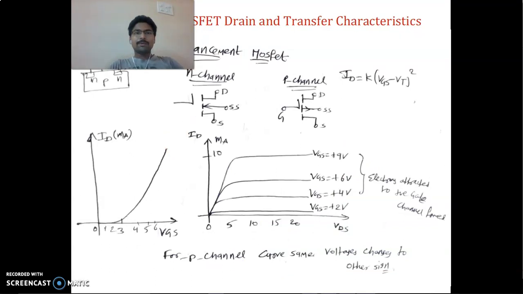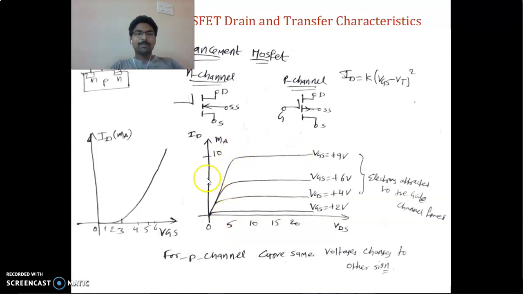Now depletion mode, enhancement mode. This is the enhancement mode. Drain and transfer characteristics. Enhancement mode means there is no channel. That's why you have even seen the symbol is broken. No channel is there initially. Now we have to form the channel by applying a positive VGS voltage. If you increase the positive VGS voltage, then the channel formation increases, and hence as VDS increases, the current will flow inside the circuit.